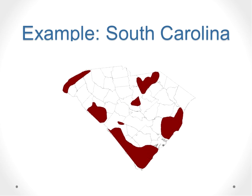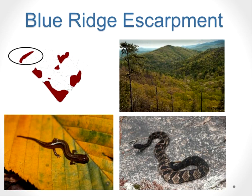So to carry on this example of South Carolina, one of the states that we focused on and found PARCAs for. Again, South Carolina is the simplest one to focus on due to the number of PARCAs, and so I wanted to give an example of how this process worked out in terms of what the PARCAs are currently protecting or designed to protect. So you can see here, starting from the westernmost part of the state, there's a PARCA identified